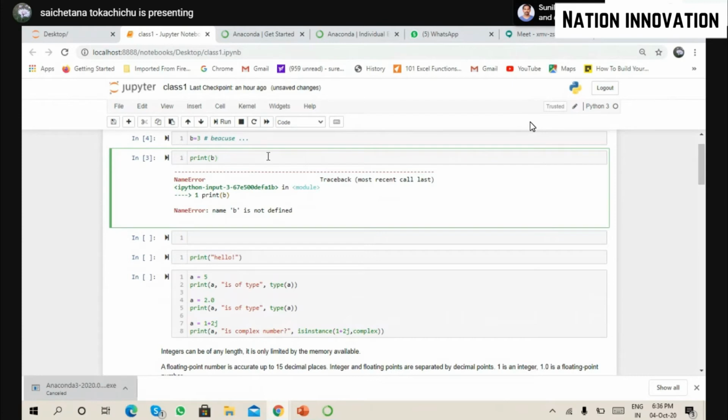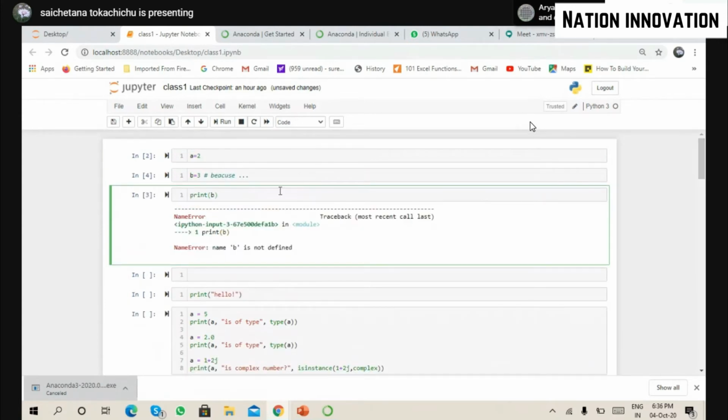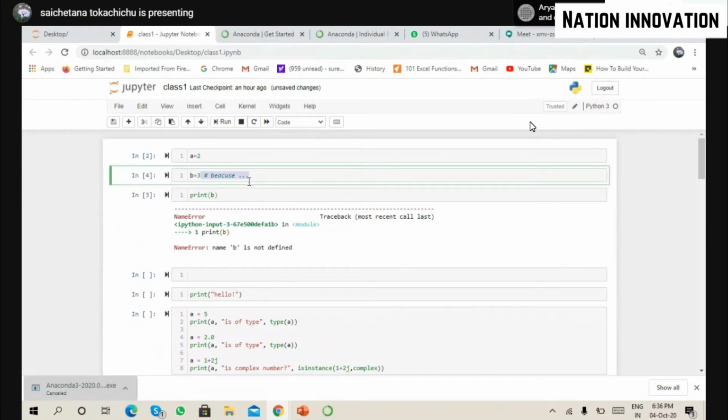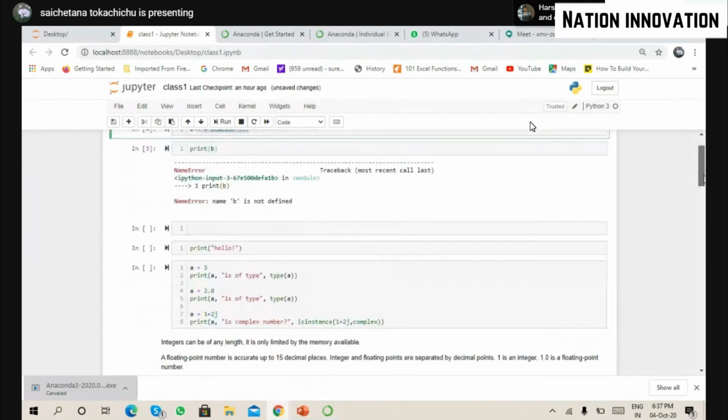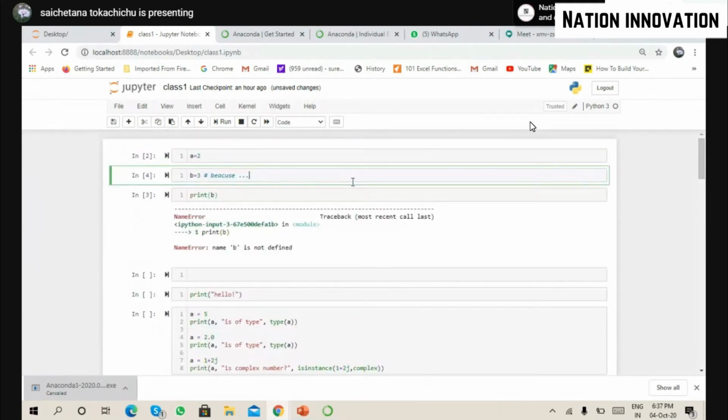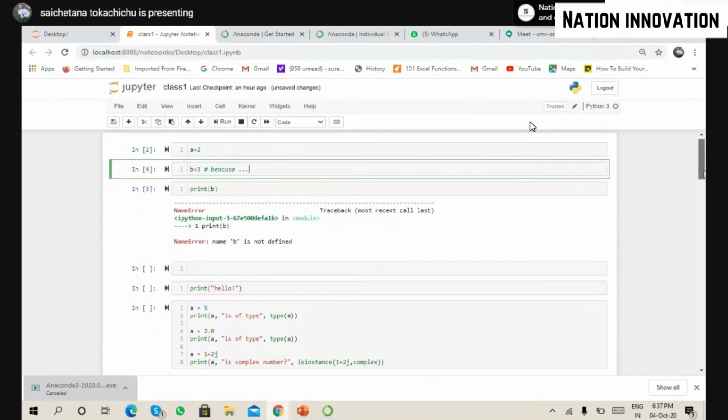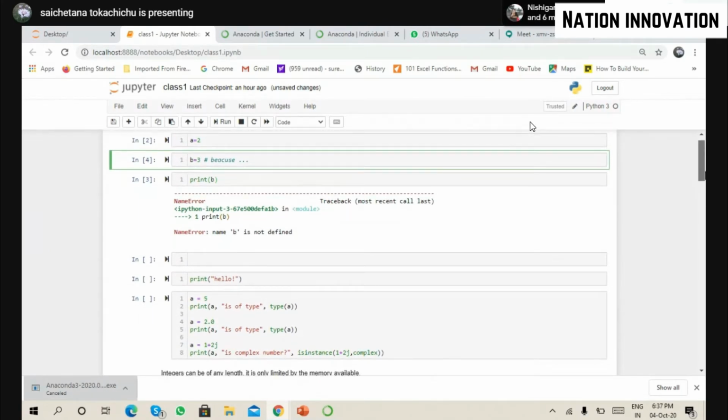For example, you have a 50 or 70 line code and you are suddenly lost somewhere. After 1 month, you come back to see the code and you are lost: why have I done this? At that time, these comments will come in very handy. Trust me. Whenever you are writing a program, always add comments on why you are doing this or what the purpose is, so you do not get lost. Or even if some third party comes and sees your program, he or she would be able to understand, okay, this person has applied this logic, that's why we have done this.